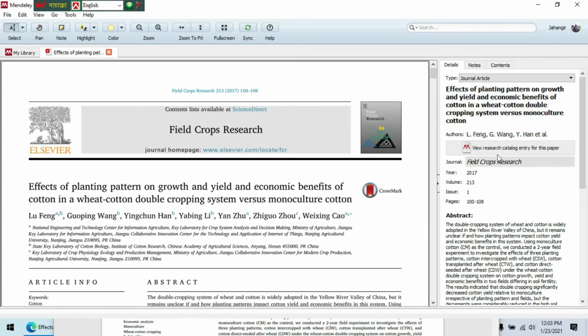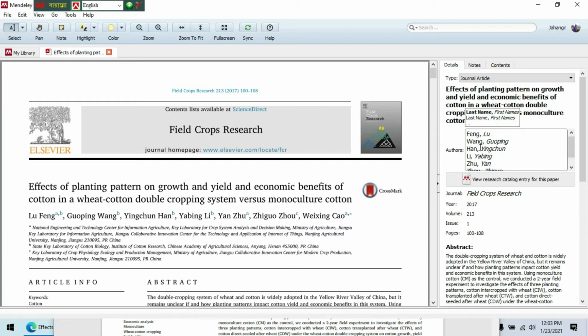We have checked this journal article. The title is right. You see the author, that is Feng Lu and Wang Guoping.